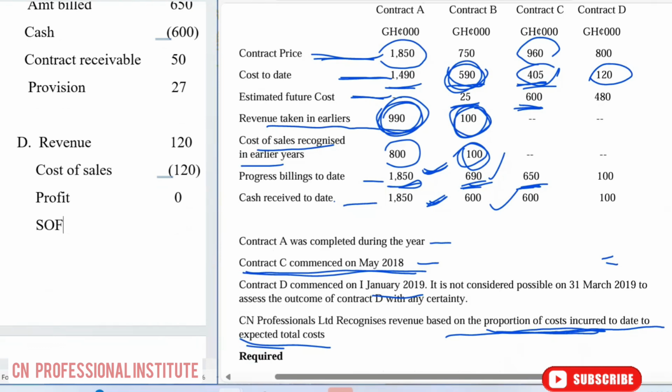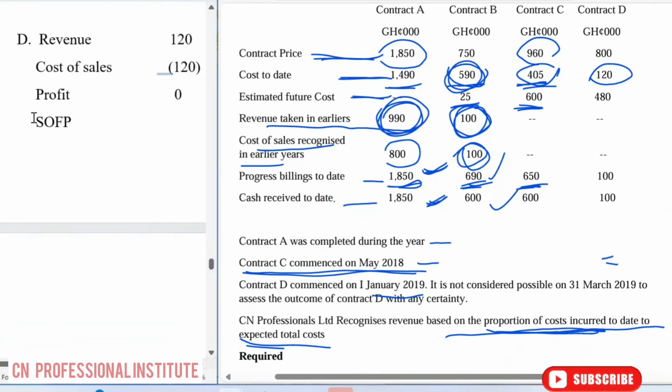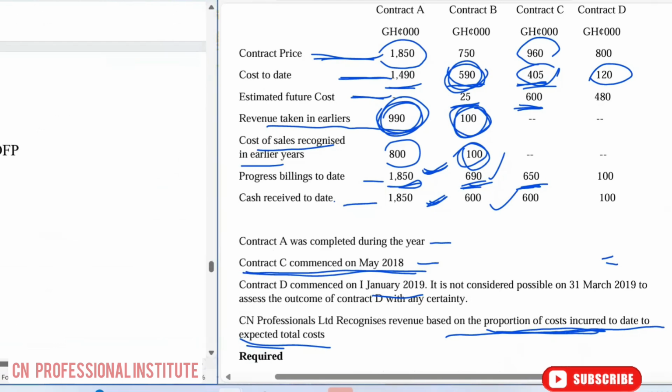okay, statement of financial position, we are going to record some items, so some stuff there. Okay, let's do our contract asset or liability, and then that will be it. So how do we get the contract asset or liability? It is revenue recognized